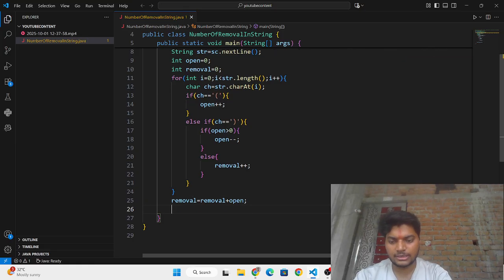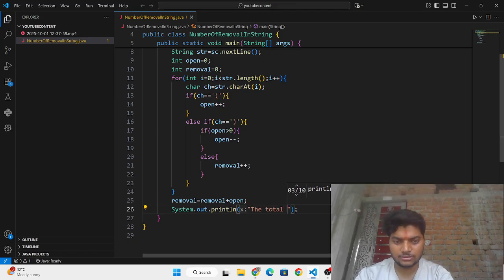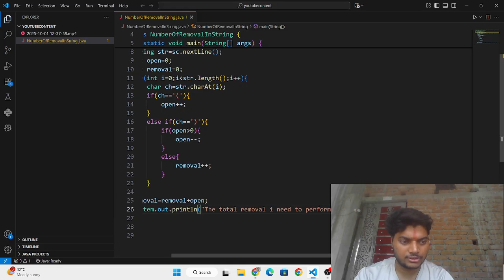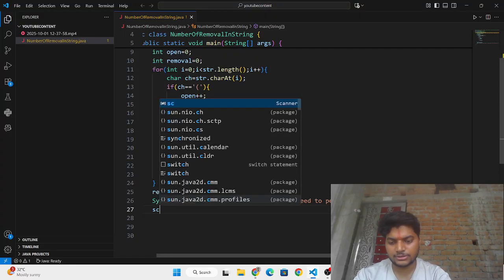And then I need to print the total removal I need to perform to make the string valid, which is removal. And then sc dot close.